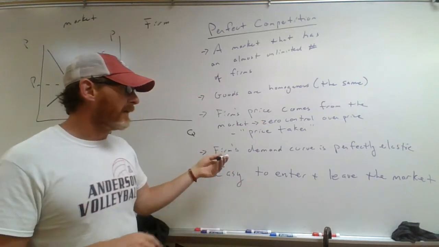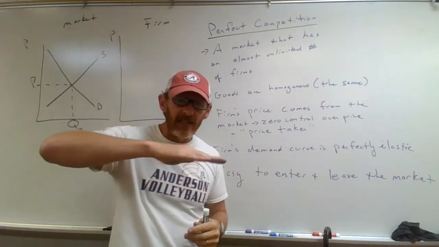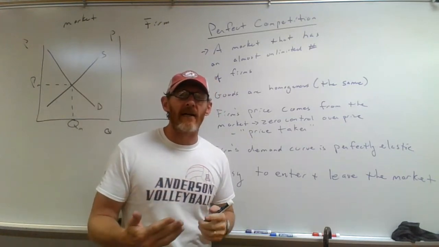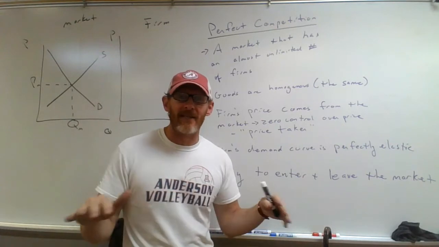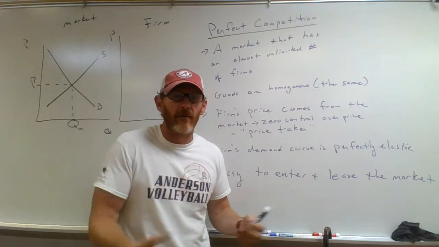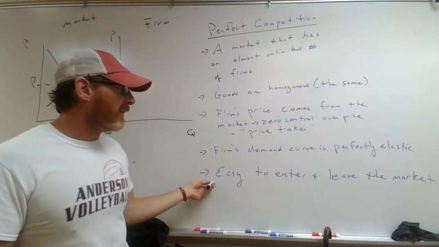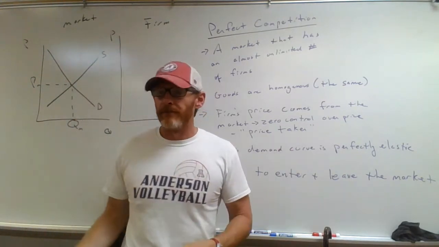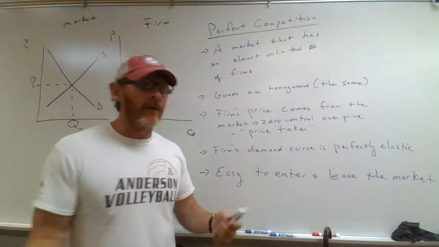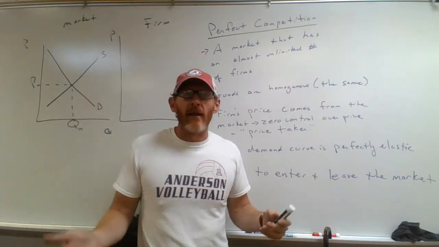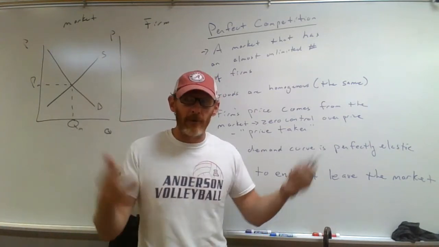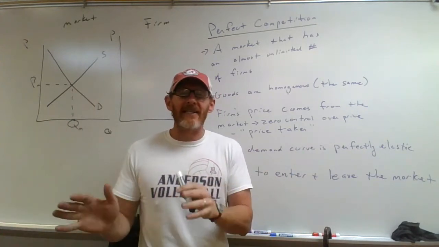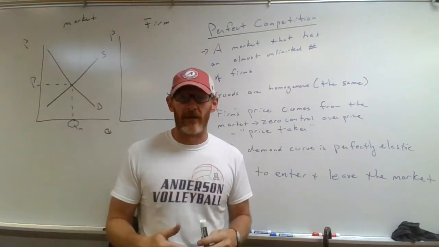The firm's demand curve is perfectly elastic, because if you'll recall, perfect elasticity can happen if we have an unlimited amount of substitutes, which is what we have in this case, okay? And lastly, it's very, very easy to enter or leave the market. If you're a corn farmer and you decide you want to have soybeans instead, you're entering that market pretty easily, right? If you want to farm and you have some capital, you can buy some land and you can start farming. I'm not saying it's easy to do. I'm just saying it's easier to enter that market than any other type of market, okay?